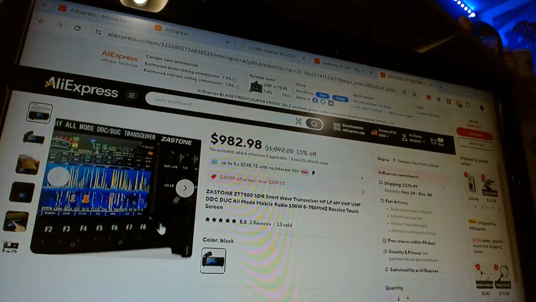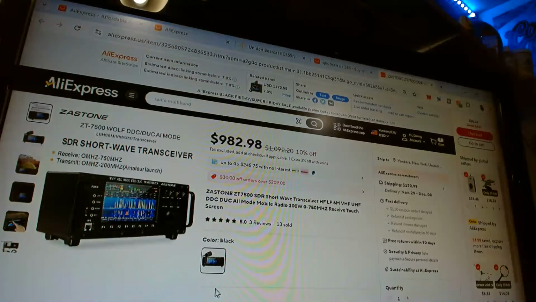Yeah, so that's that Zastone. But I got my Yaesu FT-991A. But let me tell you something, I was looking into this radio for a bit. This one is a Zastone ZT7500 Wolf DDC DUC AI mode.